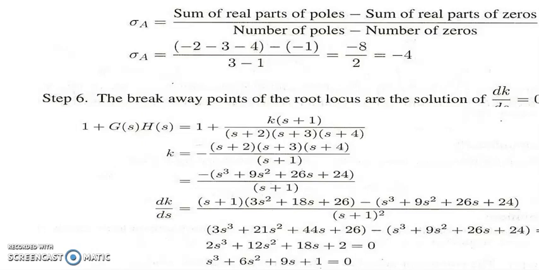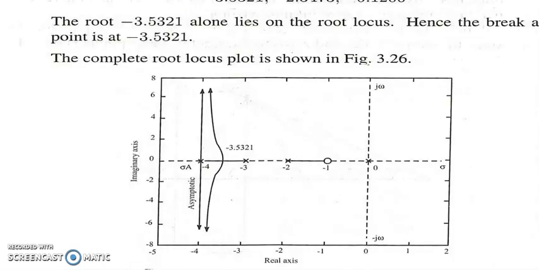This is u by v form, so if I do dk by ds, I should get (s plus 1) into (3s square plus 18s plus 26) minus (s cube plus 9s square plus 26s plus 24) divided by (s plus 1) whole square. If you simplify this, you are going to get s cube plus 6s square plus 9s plus 1 is equal to 0. If you solve for this, you are going to get 3 roots,